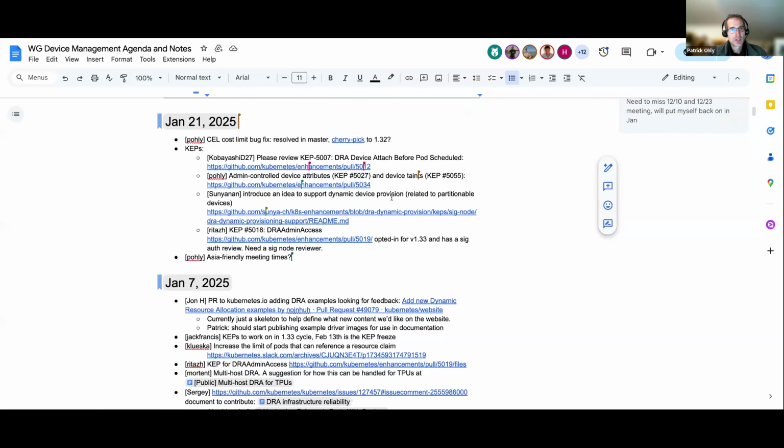And it turns out that this is probably better served by a special taint API. So I created another cap, which ended up being 5055,